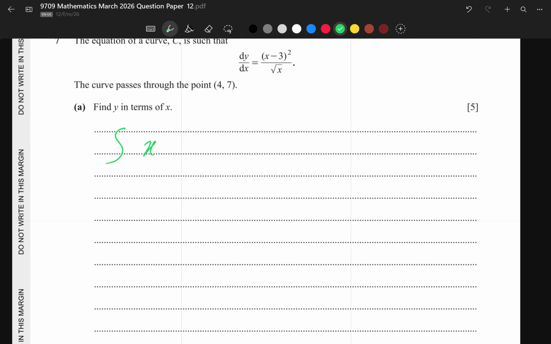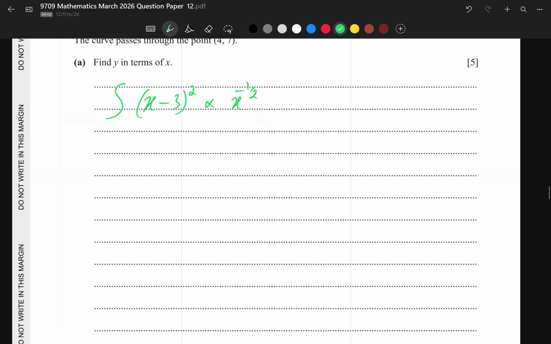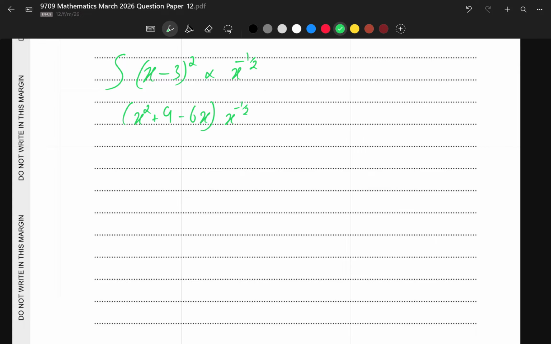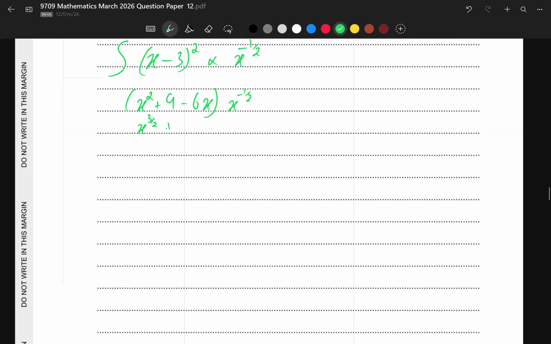So we'll integrate (x − 3)² multiplied by x raised to the power negative 1/2. Now if we open the bracket, we'll get (x² + 9 − 6x) multiplied by x raised to the power minus 1/2. Now if we multiply x² with x^(−1/2), the powers just add. So 2 minus 1/2 is equal to 1.5. So x^(3/2) plus 9x^(−1/2)